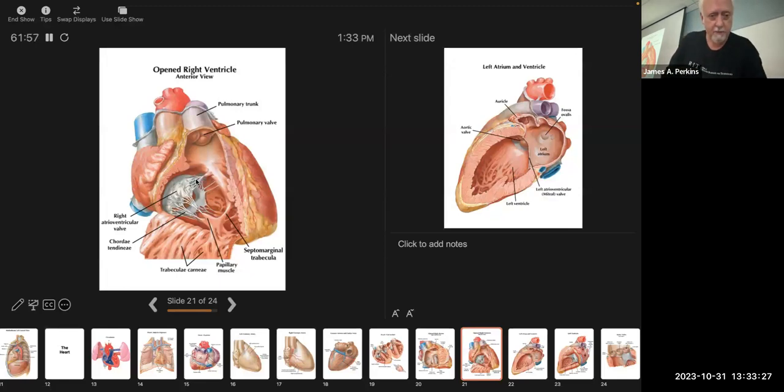It's right up here. And it's connected by chordae tendineae to this little tiny papillary muscle that's actually originating from the interventricular septum. This is what's known as the septal cusp of the tricuspid valve or right atrioventricular valve, because the papillary muscle is actually originating from the